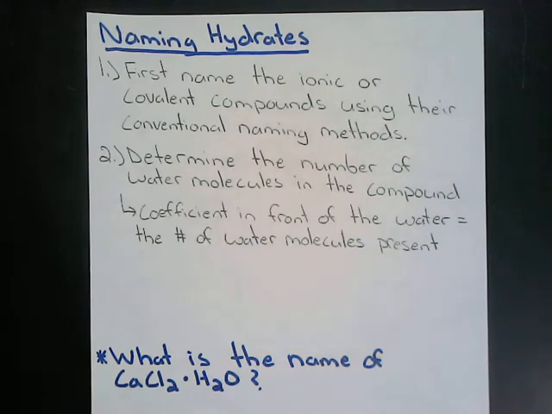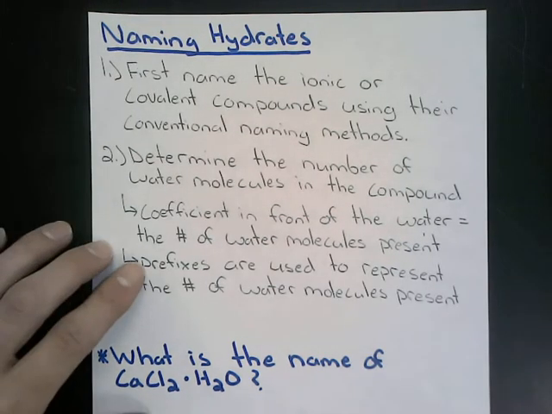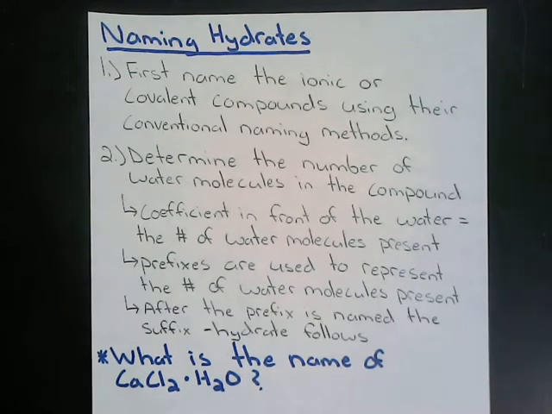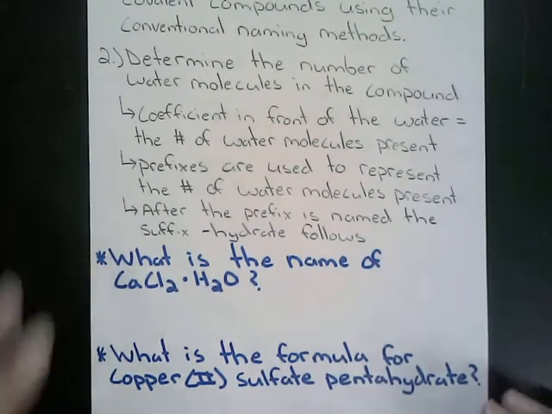Now, prefixes are used to represent the number of water molecules present. I'm not going to write this down, but these prefixes are the same prefixes used to name covalent compounds. Once the prefix is named, tacked on to the end of the prefix is the suffix hydrate. All right, so let's try these steps in a couple of examples. We want to know the name of